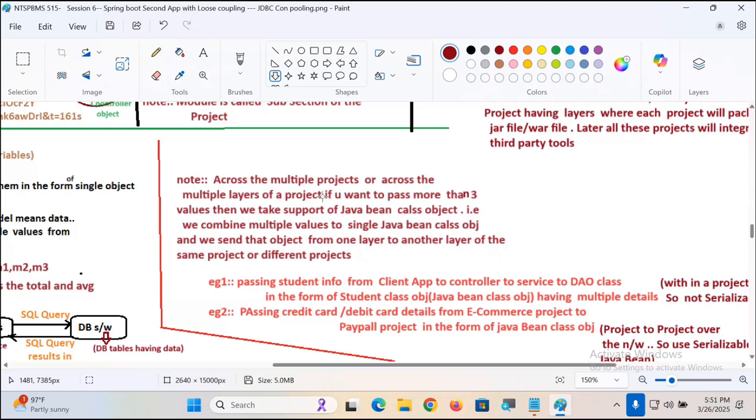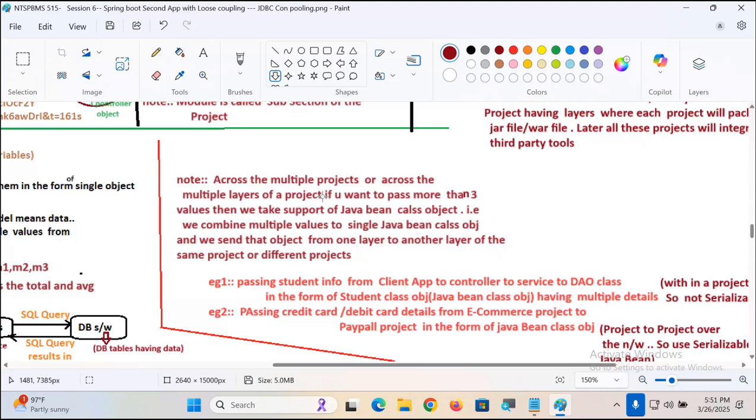Now, credit card details means a set of 10 to 20 details: credit card number, CVV, payment gateway, so many details, right? So if you want to pass data between the layers of one project or between the layers of different projects, that too more than three values,